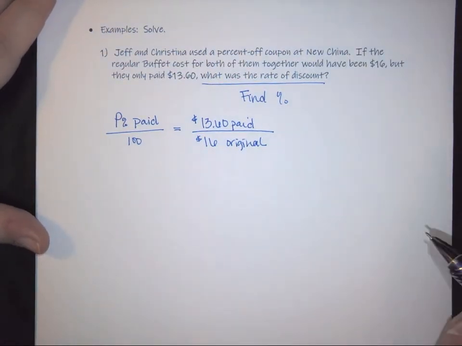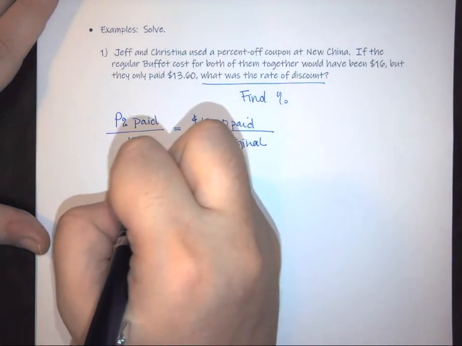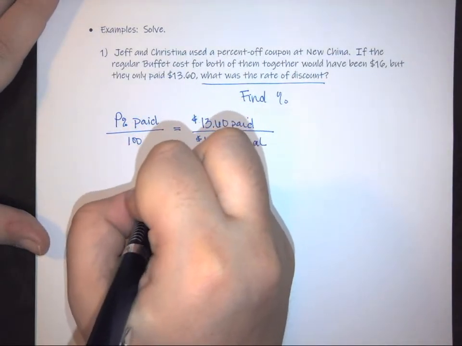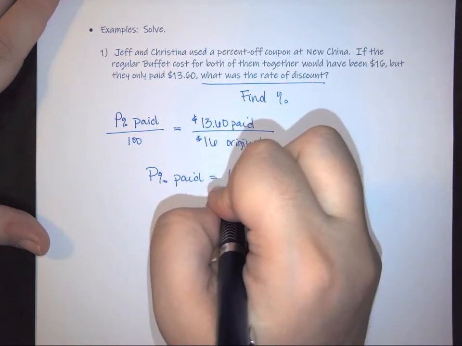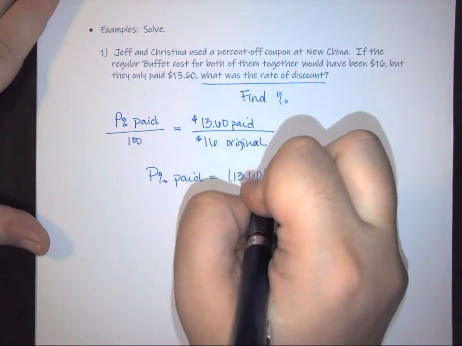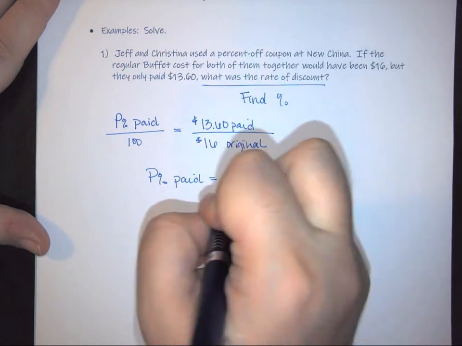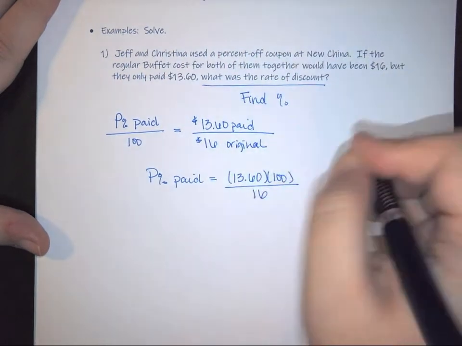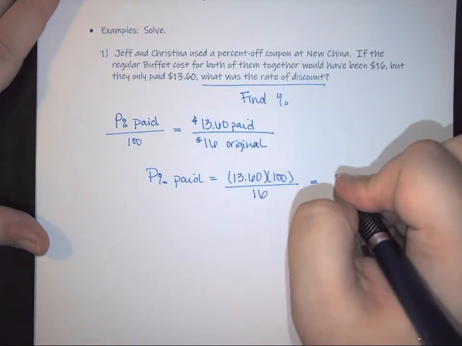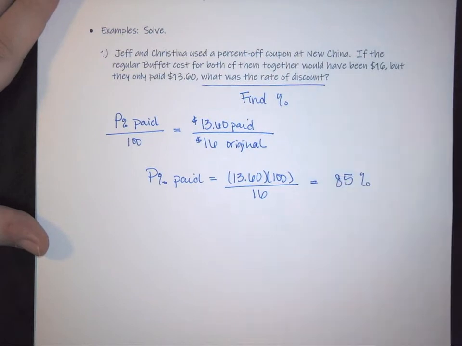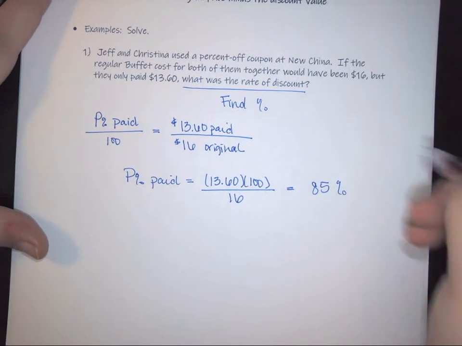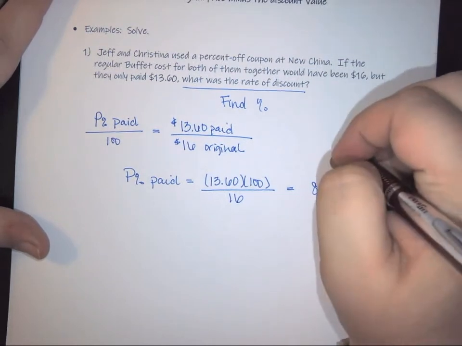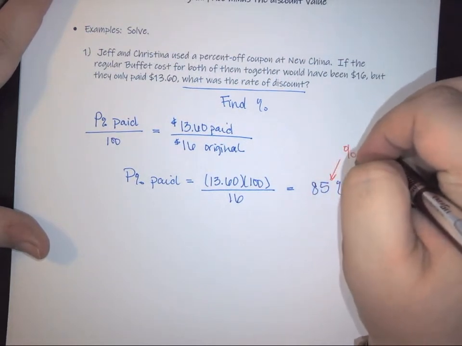Okay? So here we would have that your percent paid is going to be $13.60 times 100 divided by 16. And in this case, we come out to being 85%. So again, this is your percent paid,